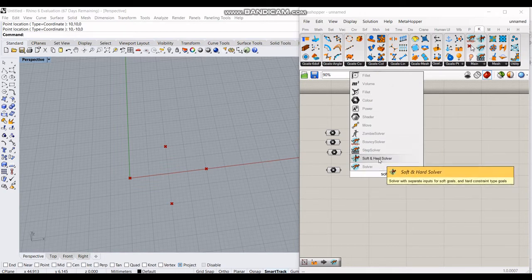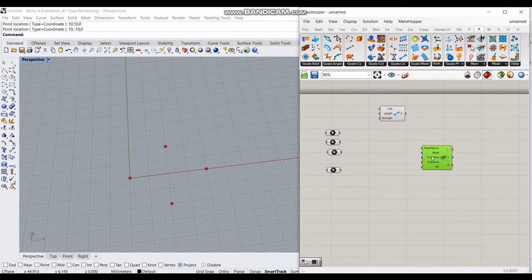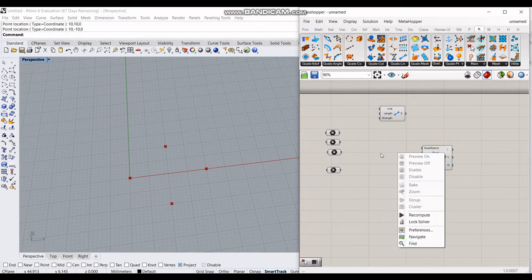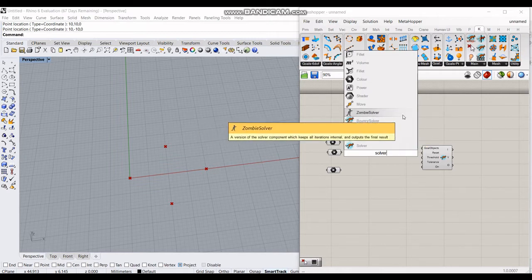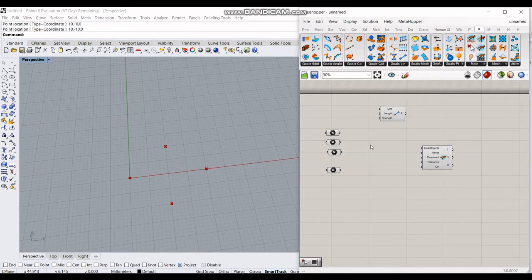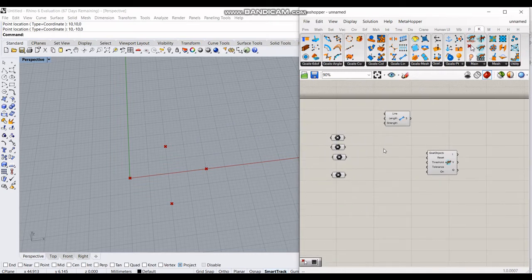Now solver, there are many types of solver, and the mostly used one is the classic solver, which will take in inputs as the goal objects and the button which you can use to reset the simulation. The others are mostly not commonly used, and apart from this there are other types of solvers called the bouncy solver, which is very close to the real-time physics because it solves with momentum included. And there is a zombie solver which solves everything and finally gives the output. So let's use the classic solver in this example.